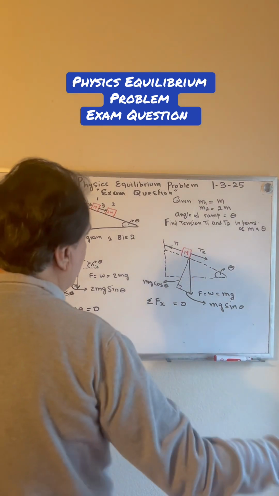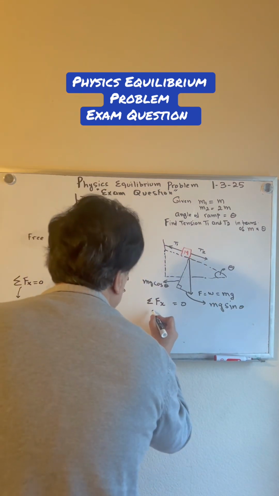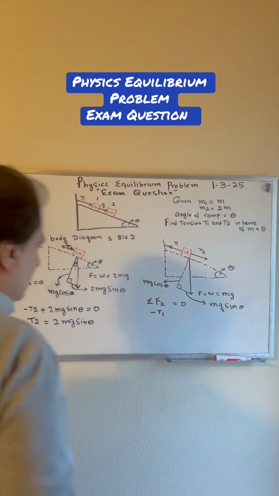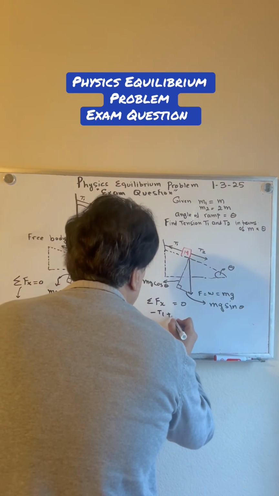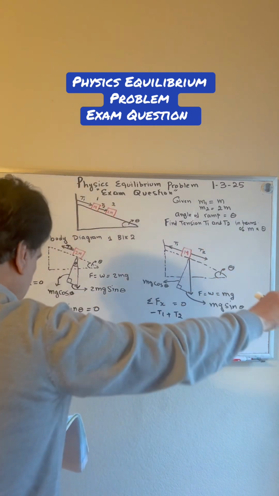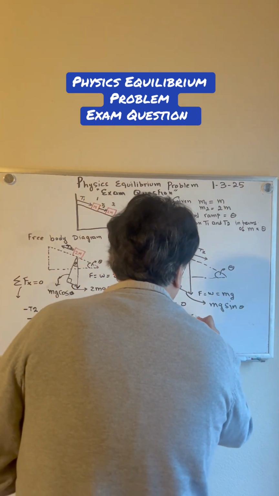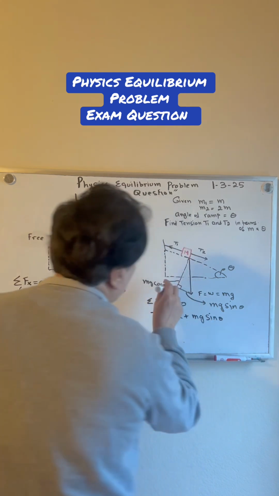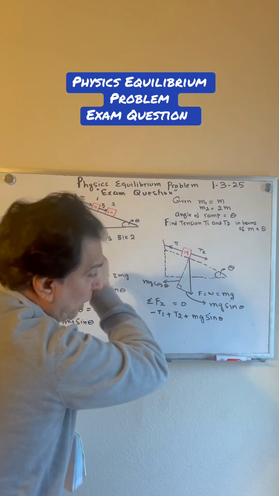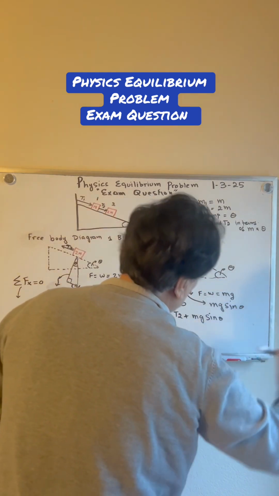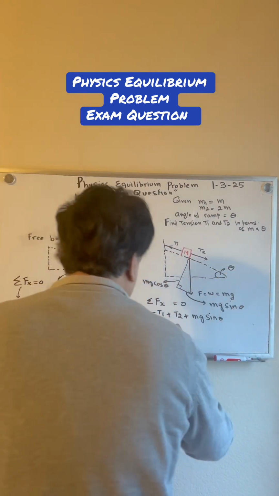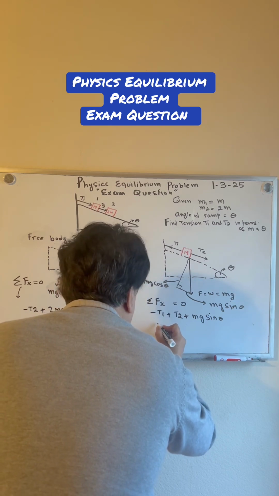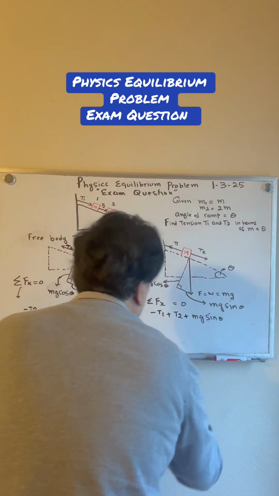So the force which is acting this way, obviously that's going to be minus T1, as you know, its force is going this way, plus T2, this force going this way, plus mg sine theta, the component of the force which is acting along the x-axis. All right. Now if you do the algebra, rearrange this right here, you basically get, but before I do,